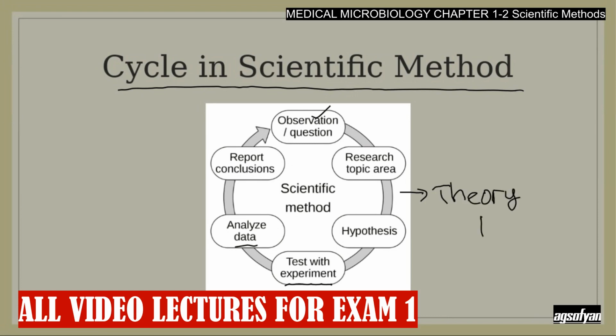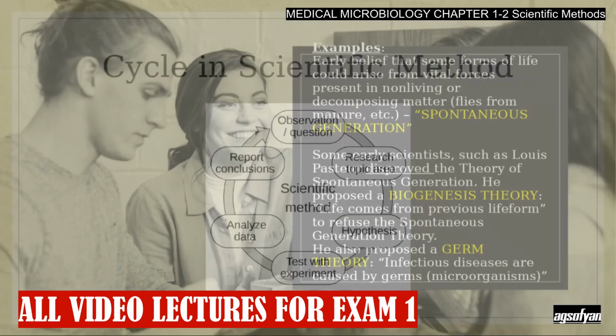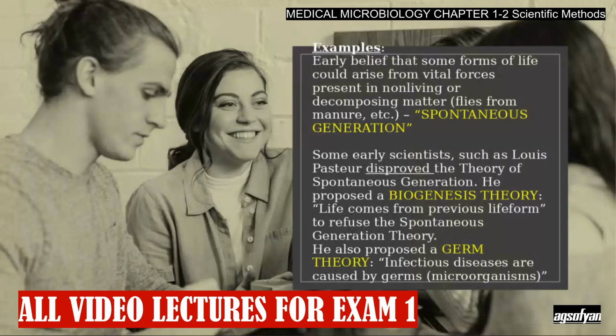And finally, it can also become a principle, or law. So this is the cycle in the scientific method. This is an example in